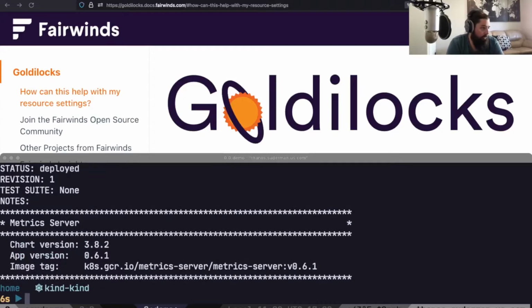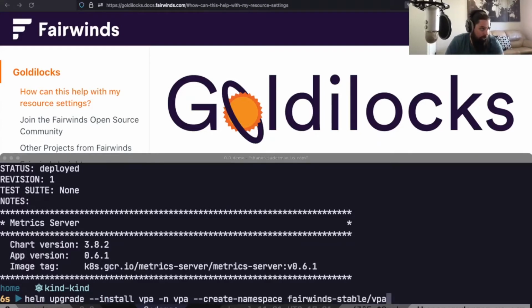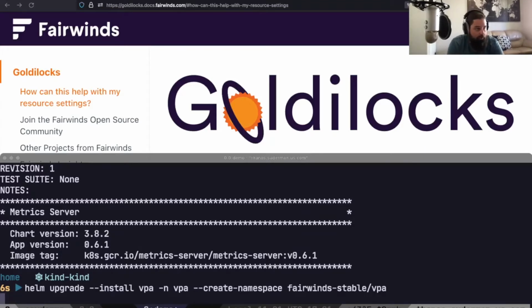And so that gets our metrics server installed. In a few seconds, we'll test and make sure we have metrics flowing into the cluster. The next thing I'm going to do is install the Vertical Pod Autoscaler. Fairwinds has provided a chart for that. There wasn't a stable upstream one at the time when we created this, so we have this Fairwinds stable VPA